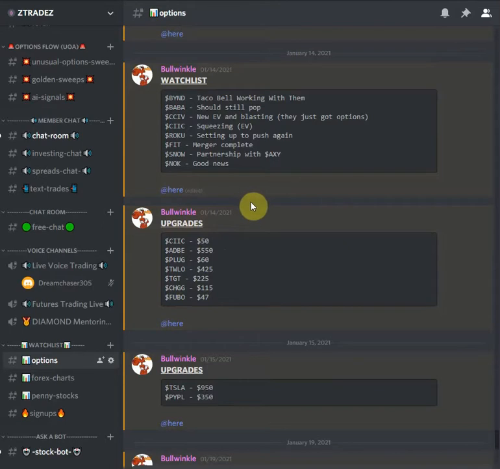I don't trade against it, which new traders lose on. They buy puts when things are high, calls when things are low, ignore the trend. They don't understand. I do. So right now we're bullish. I'm posting upgrades. A lot of these had blown up this day. Fantastic news out here as well. I put a watch list out, which is mainly news or technical analysis, and I post upgrades most of the time. There's something that I will post every day before the market opens.